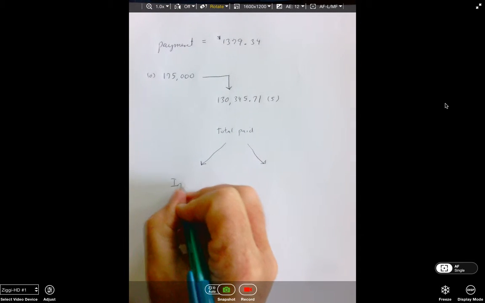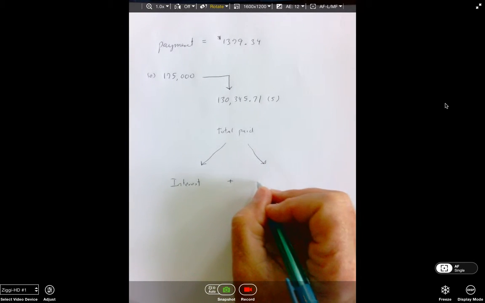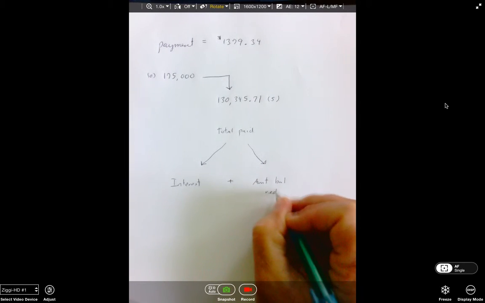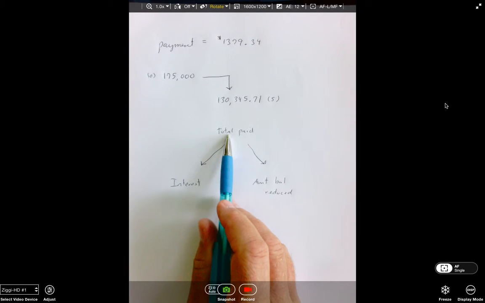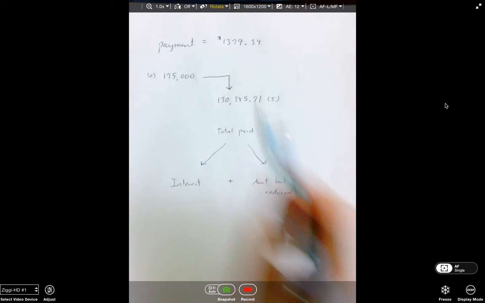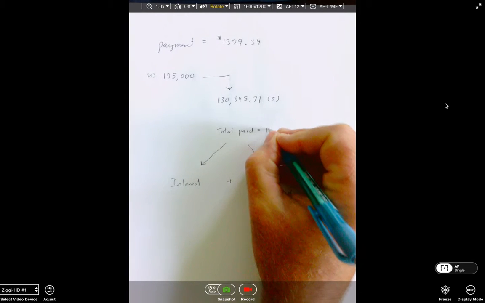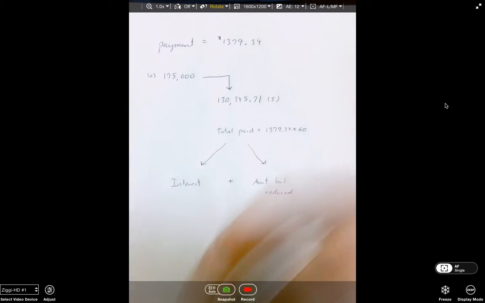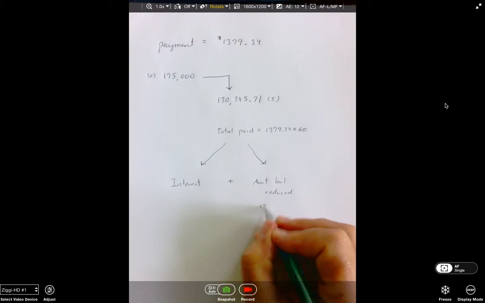Part of it is going to be the interest, and the other part is going to be the amount that the balance is reduced. Well, these are kind of easy to find, aren't they? The total amount paid is just going to be 1379.34 times 60, and the amount of the balance reduced is going to be 175,000